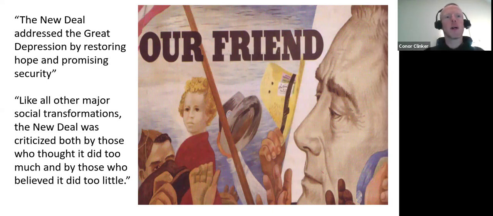In the context of Roosevelt and the New Deal, conservatives thought it was too much. Like this guy is borderline communist. He's taking way too much power over the economy. And his liberal critics were saying he wasn't doing enough. He should have reached even further. And so maybe if you're getting criticized from both ends and you're right in the middle of that, maybe from a certain point of view, that's evidence that you're doing the right thing. If you're kind of in the middle of the two extremes, from a certain point of view.